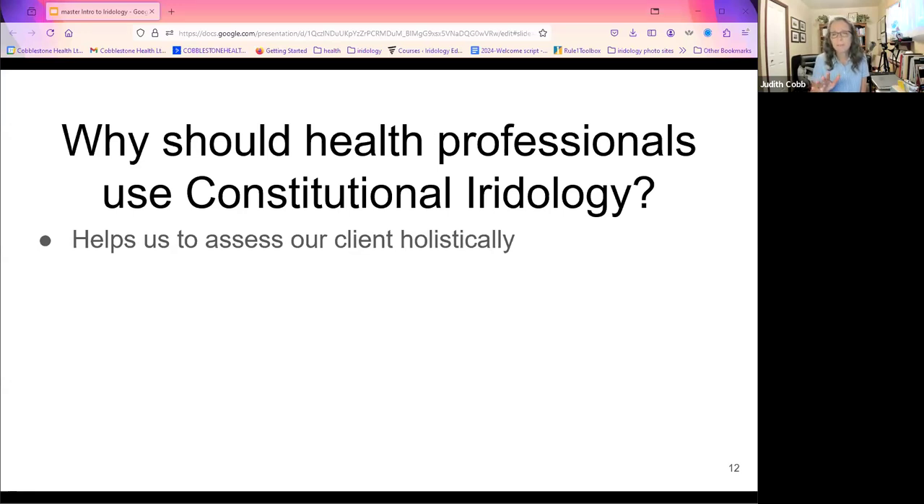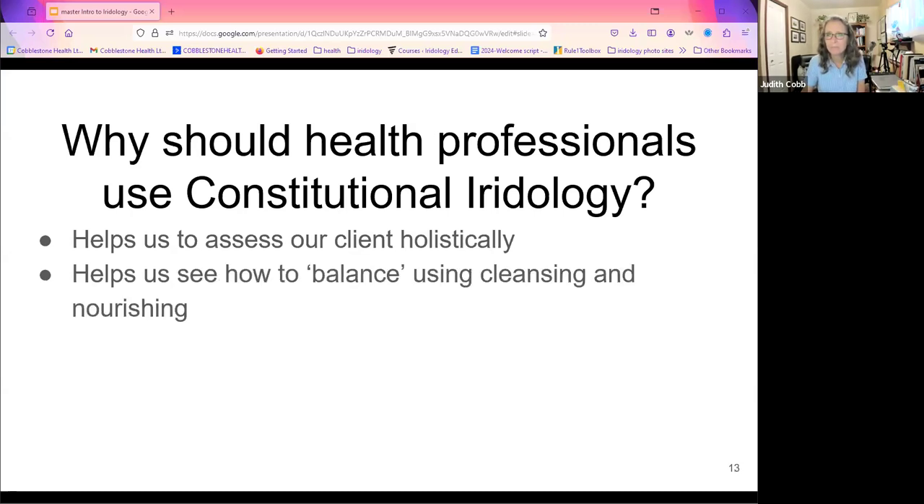Okay. Well, then this is a beautiful thing, that constitutional iridology helps us to assess our clients holistically. It helps us connect the pieces and understand the process of what the body is genetically inclined to do. We look at the constitution first, so the whole eye, not nitpicking little bits and pieces, but we look at the whole eye. And we only start dissecting and looking for individual tiny markers as a last resort, and only if it's needed. Constitutional iridology helps us connect